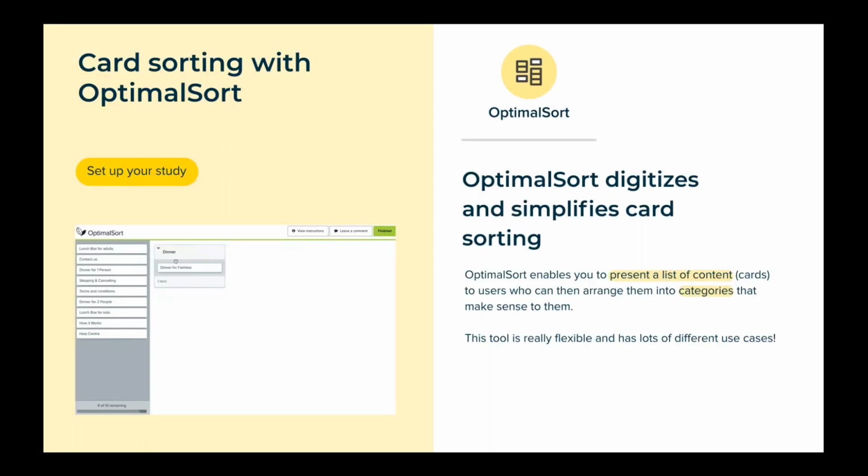Cool. So with all that said and out of the way, let's get right down to business with Optimal Sort. This is probably our flagship tool. If people have heard of us before, it's probably because of Optimal Sort. And Optimal Sort is card sorting digitized, pretty much. Card sorting is a pretty well-known methodology. It's been used by lots of different industries and fields, but it's really fantastic for user research when it comes to making sure that the labeling and grouping of content that you have makes sense for your participants.